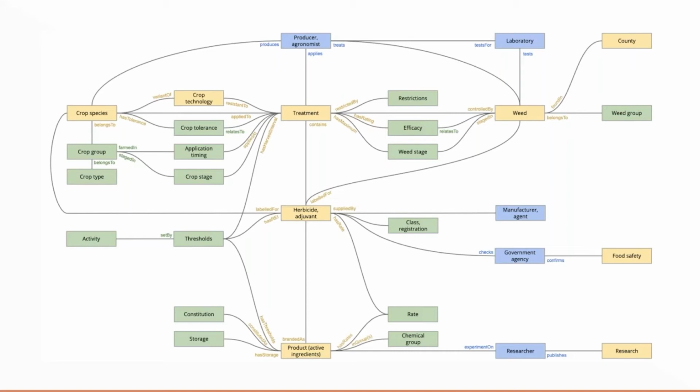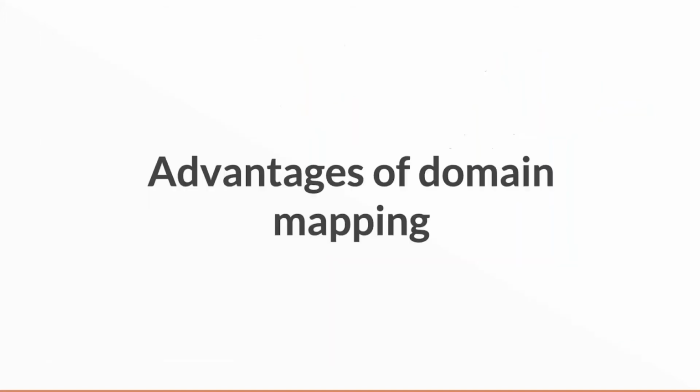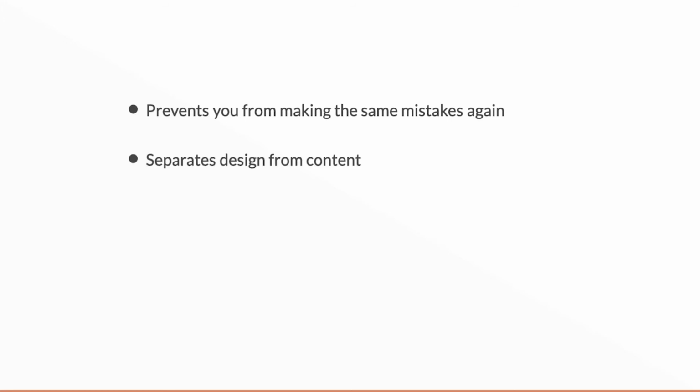And some of you might be thinking, oh, why put this domain model before we get into our specific content model? Why do we have to do that wider picture first? Can't we just get on with the content model already? The advantages of domain mapping, just briefly, effectively you're exposing the territory that you're building into ahead of making your detailed model. It prevents you making the same mistakes again, i.e. if you just work from the current system that you have and your current understanding, then you might have the same blind spots.